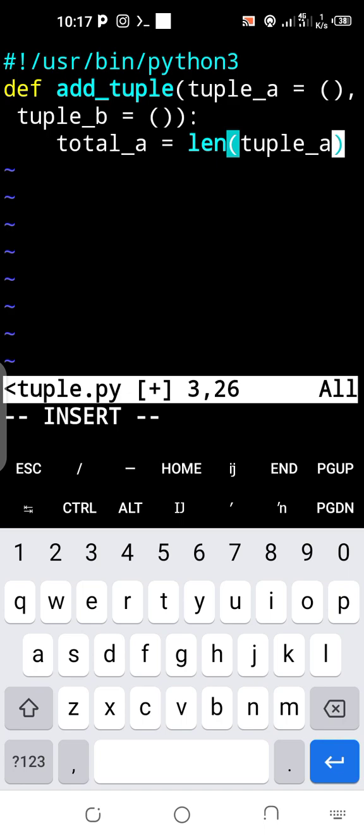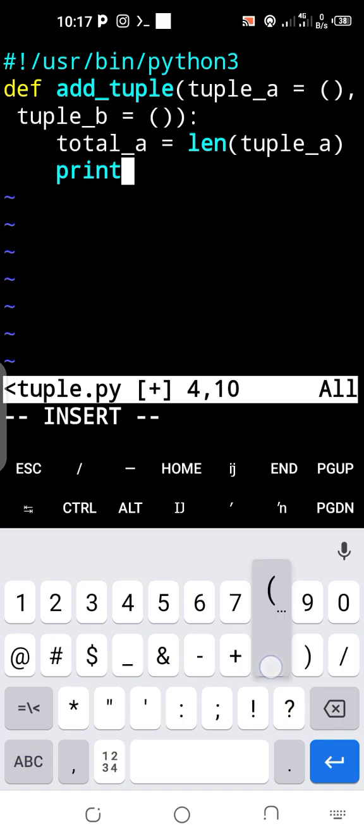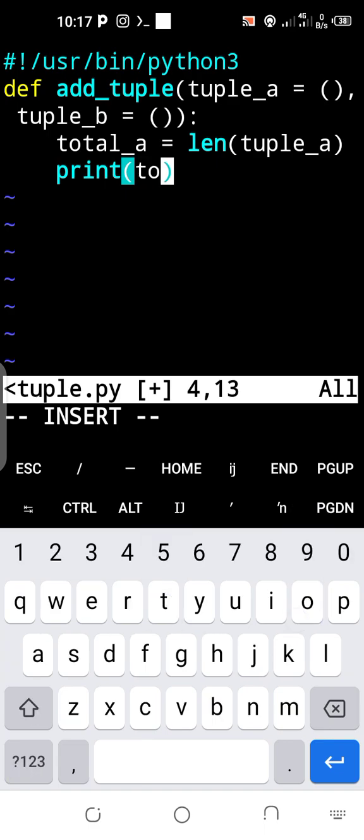Whenever I print that out, it is going to give me the total of what I have passed in. So you can always use print to test each step you are working through. For instance, I print the total_A. I just want to test that so that you can see what I'm doing. Now whenever I run that,